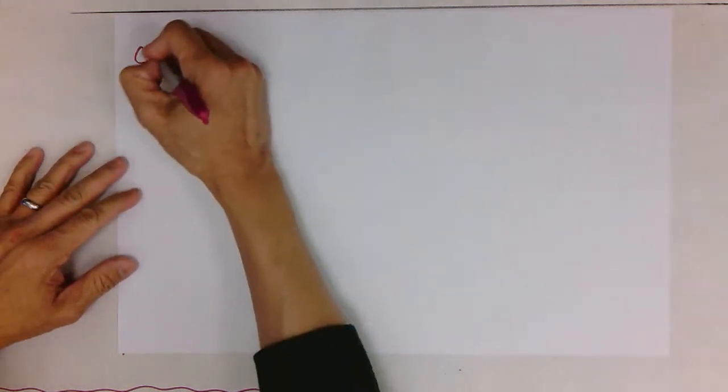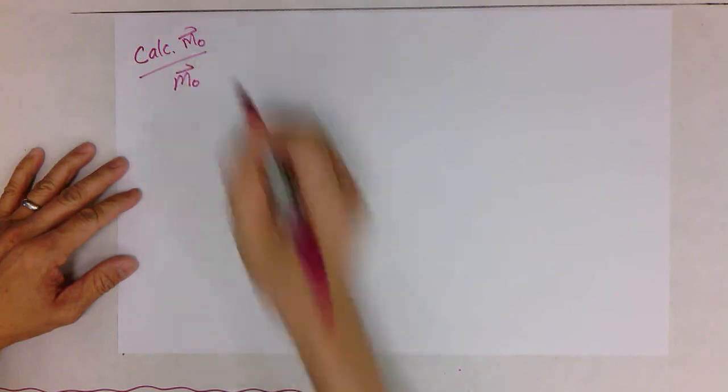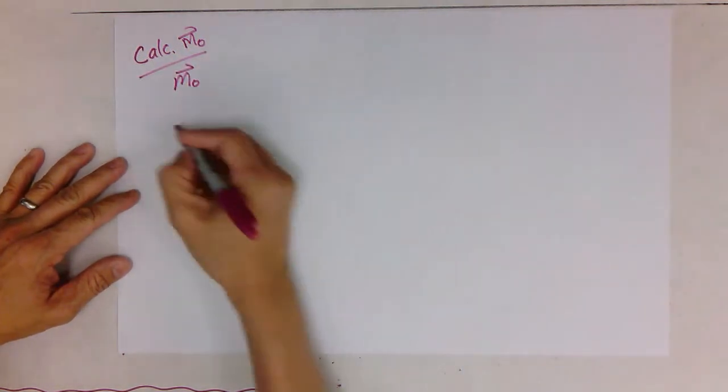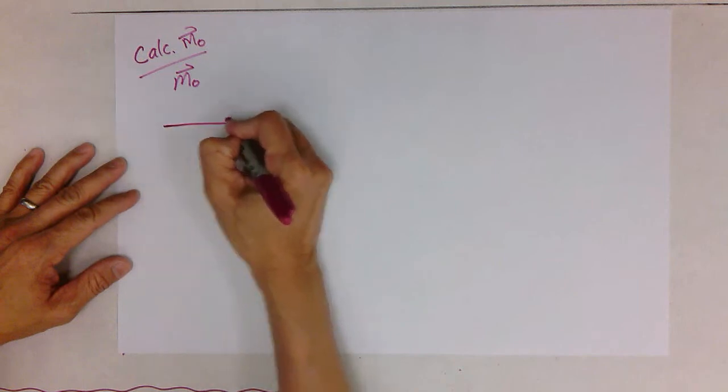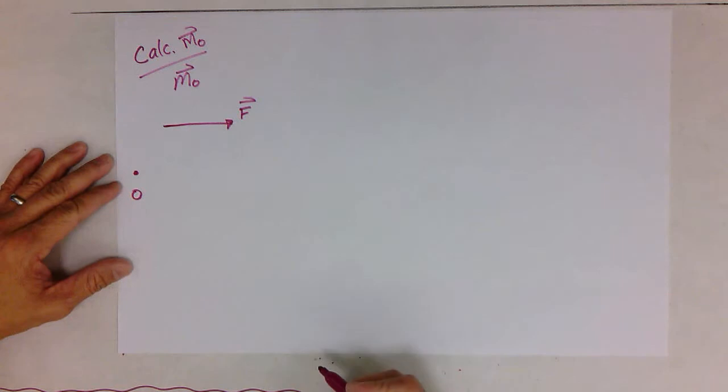Hello everyone. In this video we're going to see some ways to calculate the moment. So, recall, a moment is a vector generated by a force with respect to some point O. So let's say we have a force, I have a point O, then there is a moment acting about O